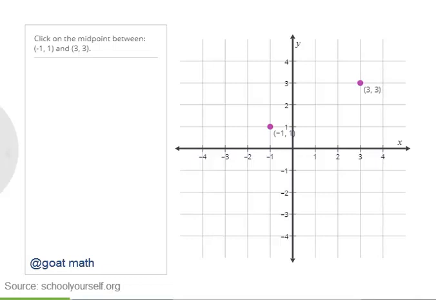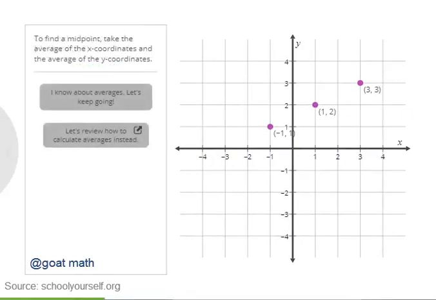Now we've labeled the points -1, 1 and 3, 3. Try clicking on the midpoint between these 2 points. Precisely, this is the midpoint here at 1, 2. Now if you look carefully, you can see that the x-coordinate, 1, is the average of the x-coordinates of the other 2 points, -1 and 3. Also, the y-coordinate of the midpoint, 2, is the average of the y-coordinates of the other 2 points, 1 and